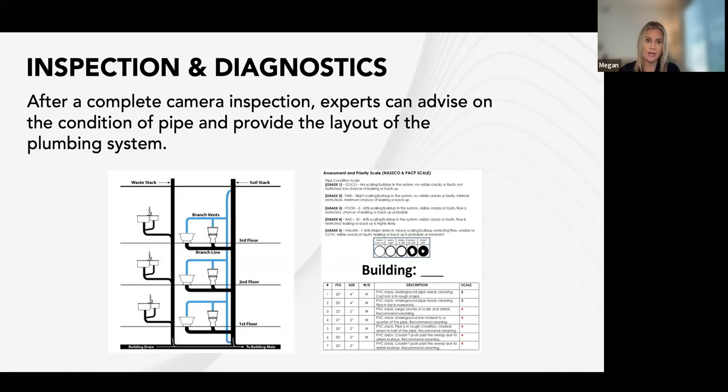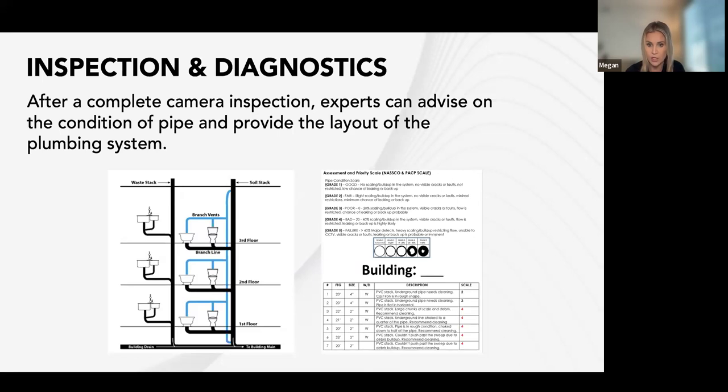On the drain side, we can do a diagnostic for your drain system where we will actually have a camera enter into the pipe and we can see inside the pipe. Once we're in there, we can actually map out the system, like on our left, so you can tell where all the pipes are, what the size is, what the condition is.